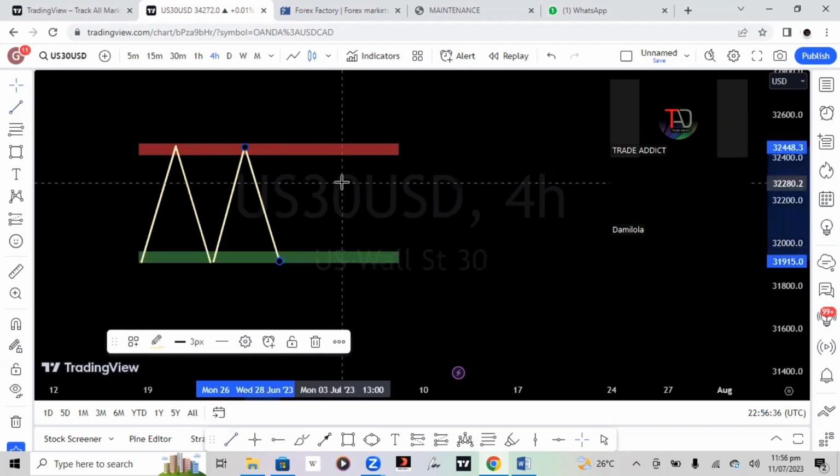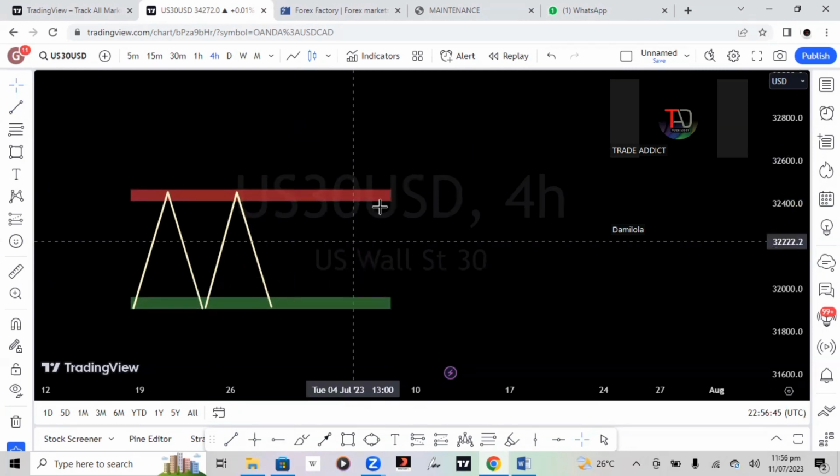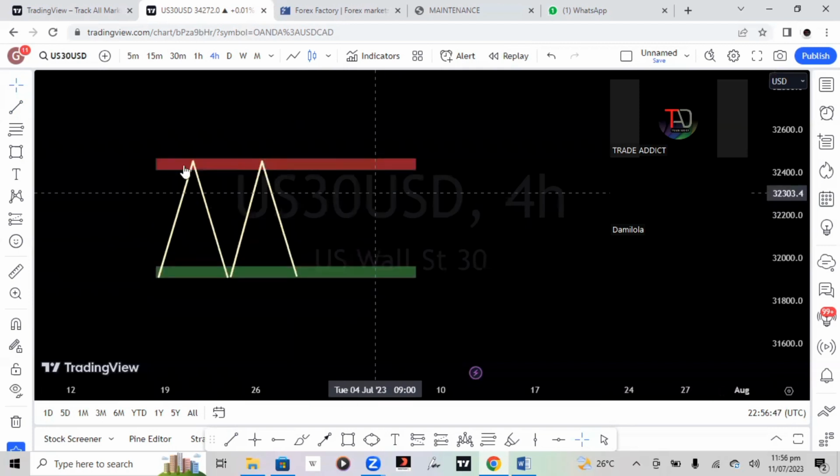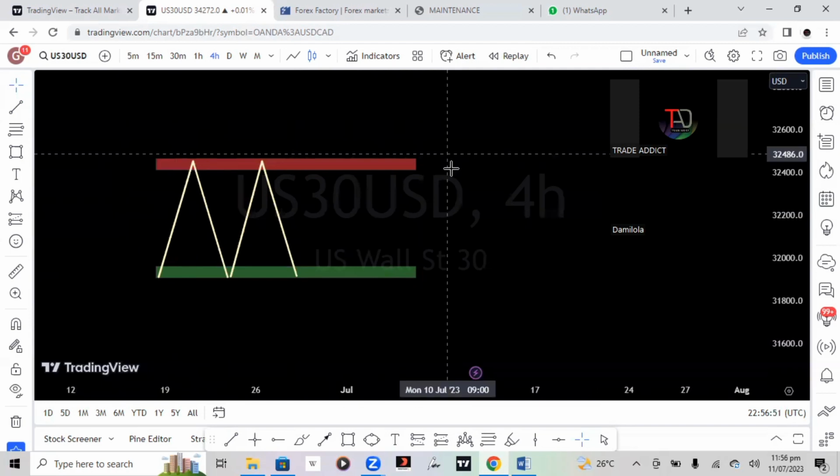Now concerning the break and retest strategy slash fake out, we talk about the break and retest first. Meanwhile, we have what we call a channel. A channel comprises of what? A resistance and a support. It means the whole of this is called what?